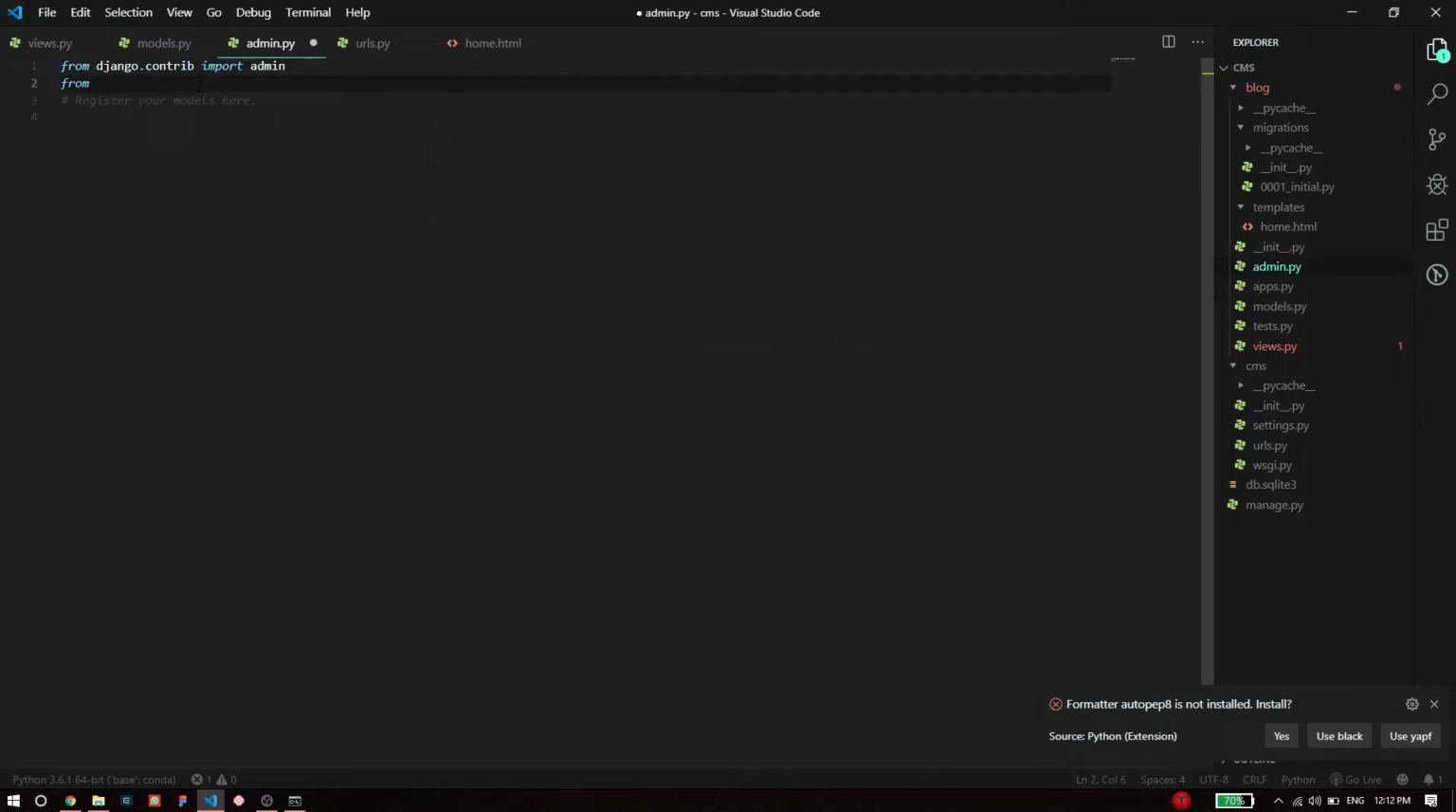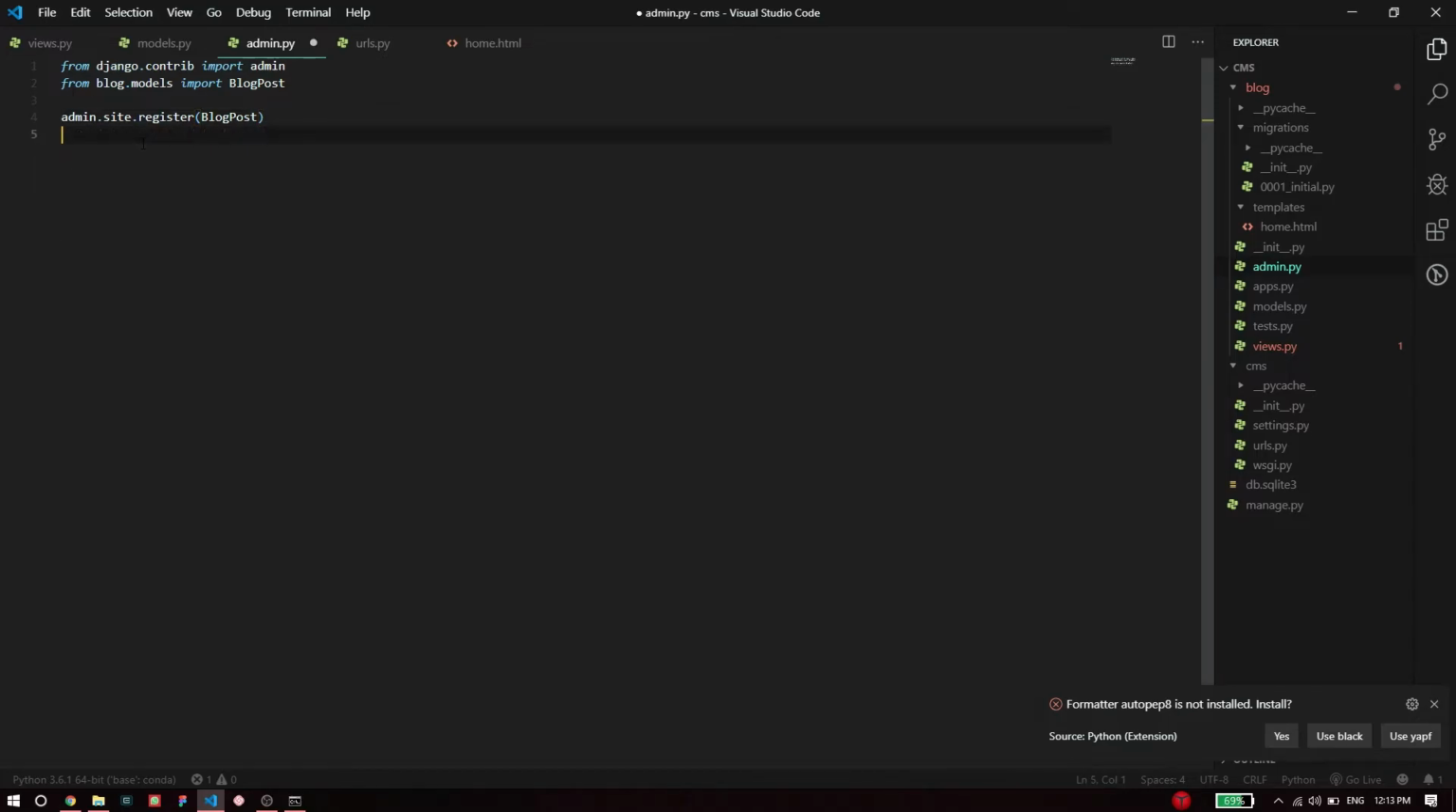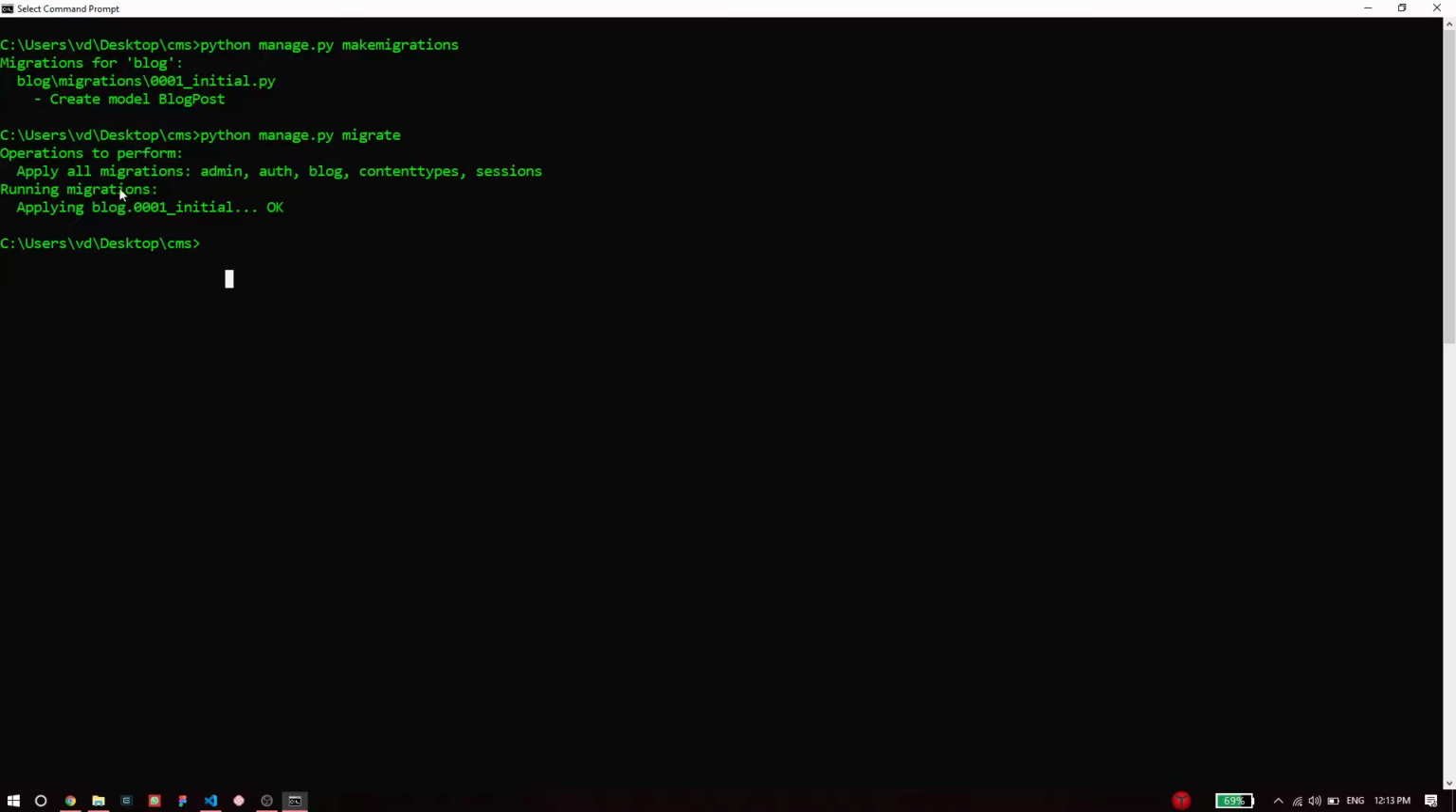So I'm going to say from blog.models, import the name, which is blog post, and then register this through to my admin. So I will register it to the admin that has been imported here. So I'm going to say admin.site.register and simply pass the blog post instance to it. So once I pass the blog post instance to this, it is going to go and reflect in my admin panel. So I'm just going to get rid of this comment, save this, go to my command prompt, python manage.py,